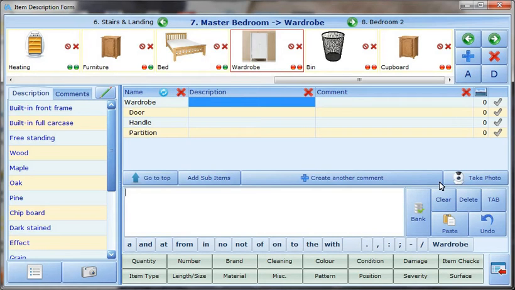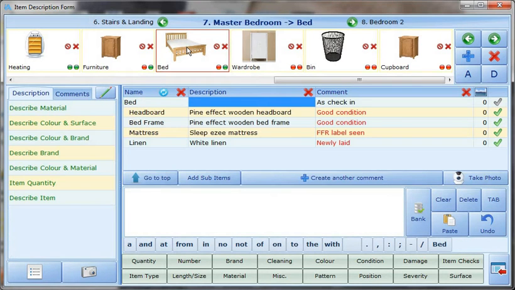Before looking at the various ways of entering comments and descriptions, I should explain that any comments entered on a previous report within the current tenancy cycle for this property are shown in red. Therefore, if this was the first report created for a property, there would be no red comments. These comments in red are a reminder of the last comments you entered, but it is very important to note that as long as they are in red, they will not show up on the current report when it is produced. If you wish to have them show up on the current report, you must tick them as still applicable,